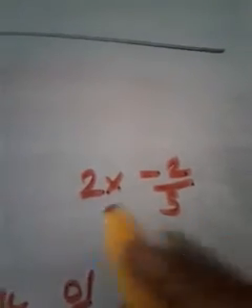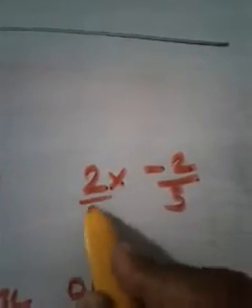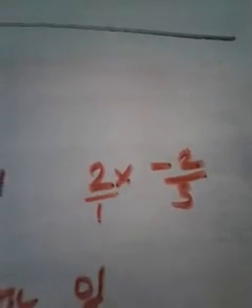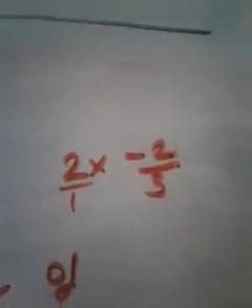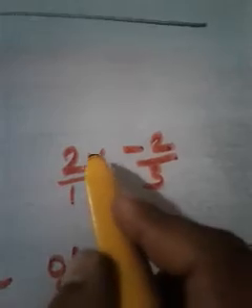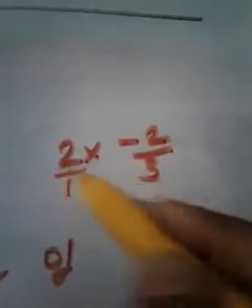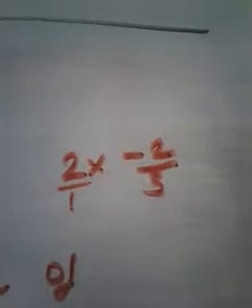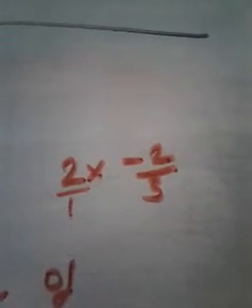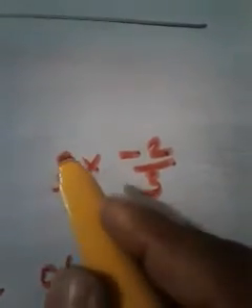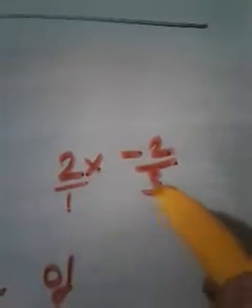If you feel any difficulty, you just write 2 as 2 by 1. Is there any problem? If there is no denominator, you can give the denominator 1, no? Now how can we multiply two fractions? First of all, you can check whether any simplification is possible. No more simplification is possible here. So what we can do, just multiply the numerator and multiply the denominator.